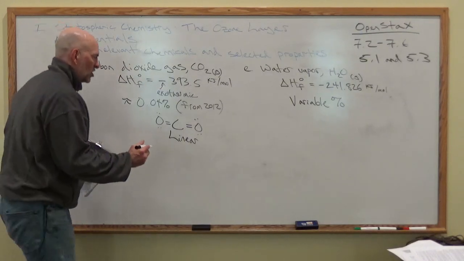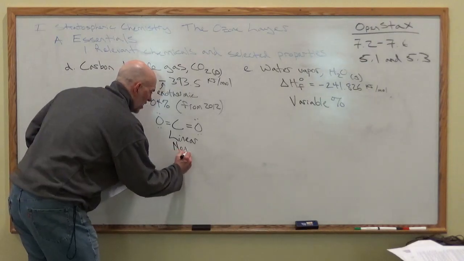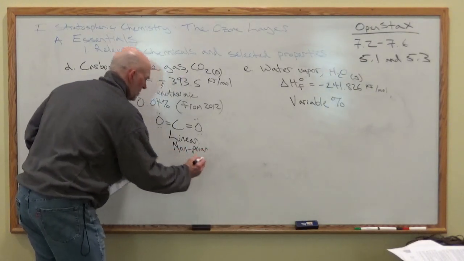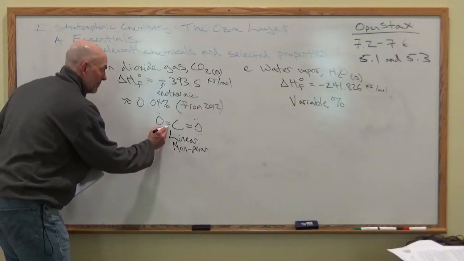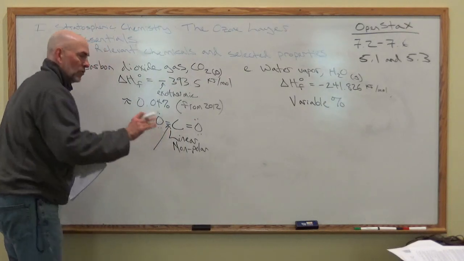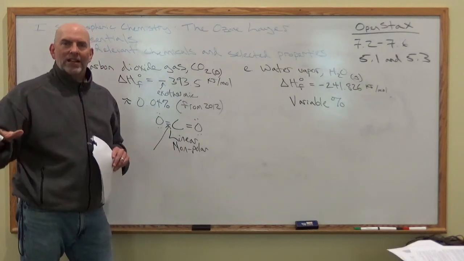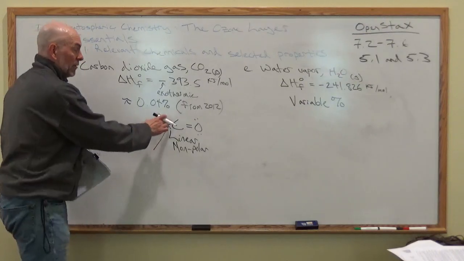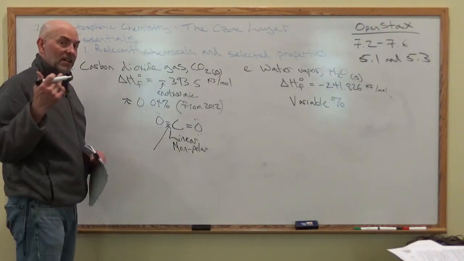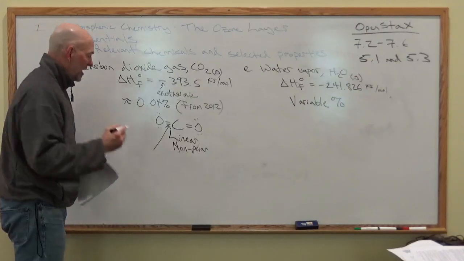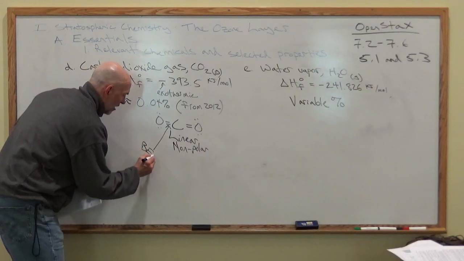It's a linear molecule. It is non-polar. And if you look at the table, be careful when you look at the table. In the lower right corner of the table, the double bond in carbon dioxide has an especially high bond energy. The bond energy there is